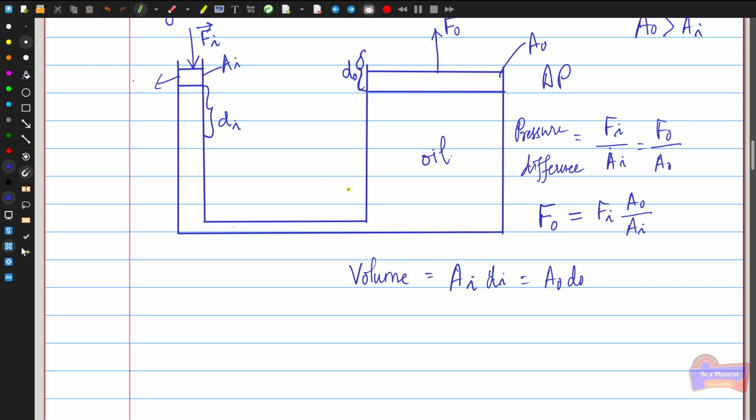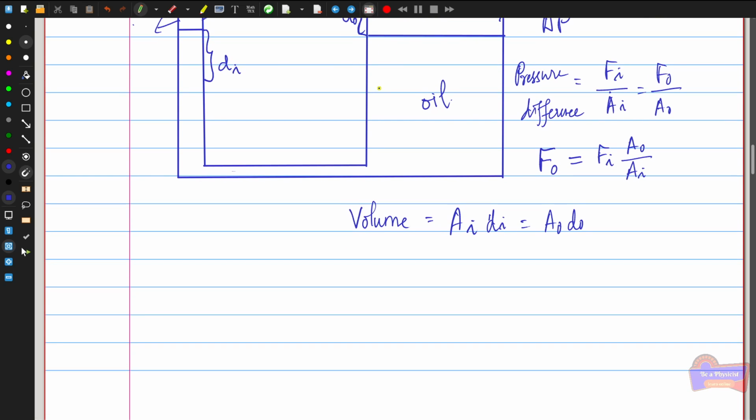That means the volume displaced from this point is the same as the volume displaced in the other direction, so I can equate the volume of these two sides as A_i d_i equals A_o d_o. From this equation, I can write the expression in terms of d_o: d_o equals d_i times A_i divided by A_o,